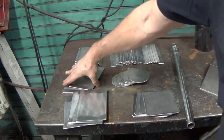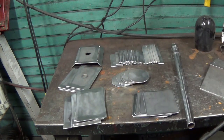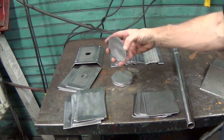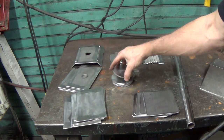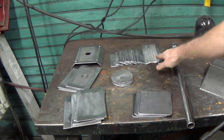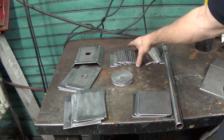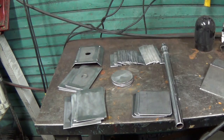We've got our 3 extra pieces with holes. I cut a whole bunch of extras because you never know. I have a whole bunch of round end pieces. I'm not really sure. I think I might just go with 1, but I don't know. And they're not exactly round. I need to work on them a little bit. These are our 45-degree pieces, our pieces that go on the nose, if you will, there. Crap. I have all of these. Hang on, it's coming. All of these